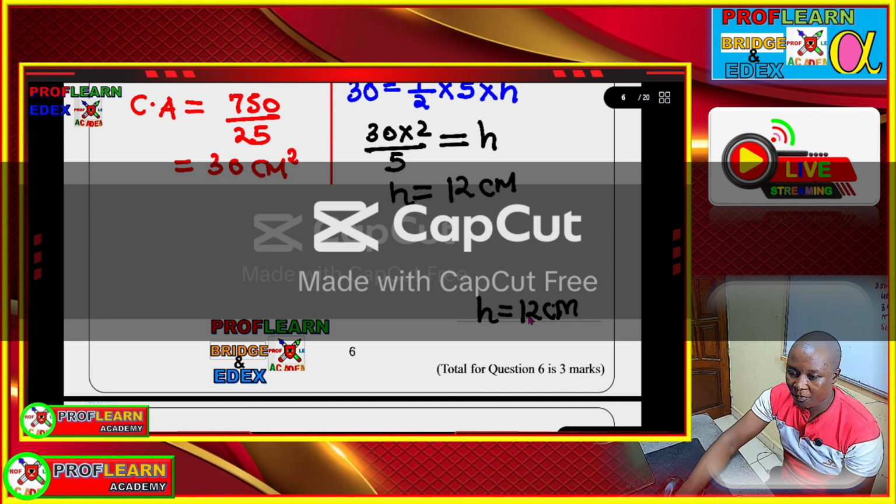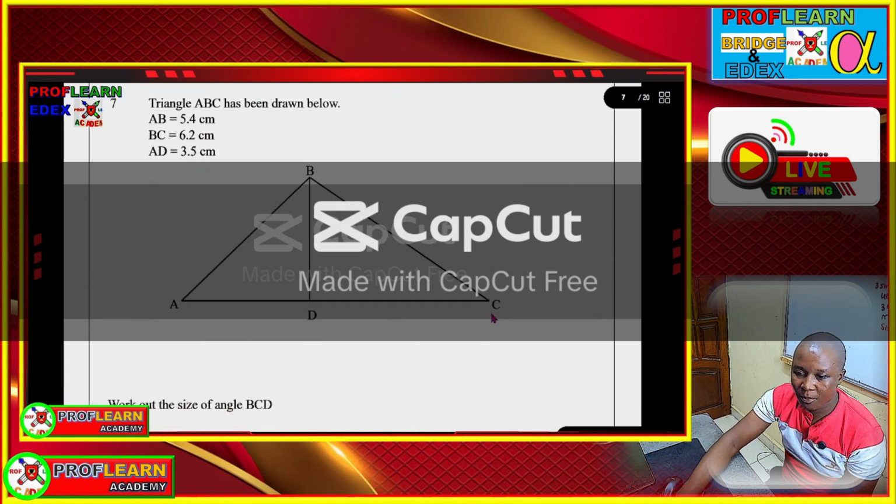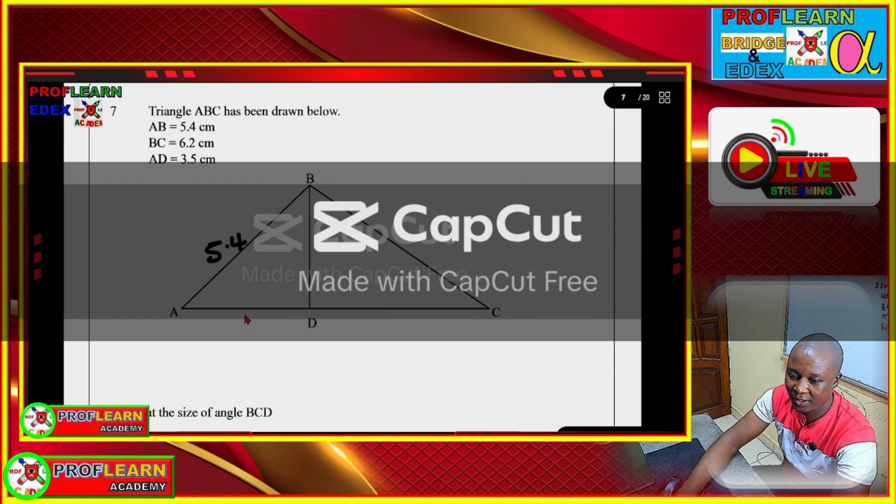All right, so we are done with that. We are moving to another question whereby we are supposed to use Pythagoras theorem here. We are told to work out the size of angle BCD, but in this case here we have 3.5 for AD, and AB is equivalent to